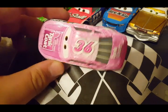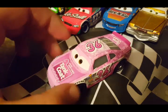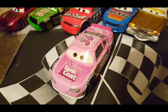And he has a nice pink color. And this is not Eugene Carlucci. This is Red Meeker. His exact appearance in the movie is unknown, but he will most likely... well, not most likely, he'll definitely appear in the Piston Cup, probably as a background character. He probably won't be a main character. So now let's move on to...